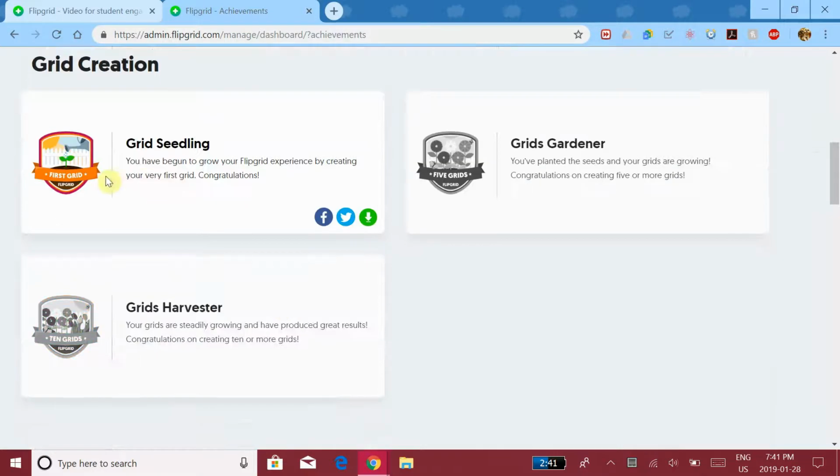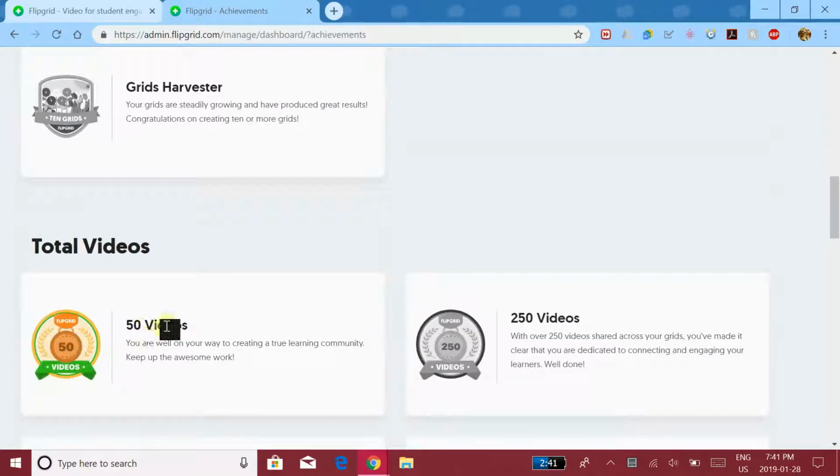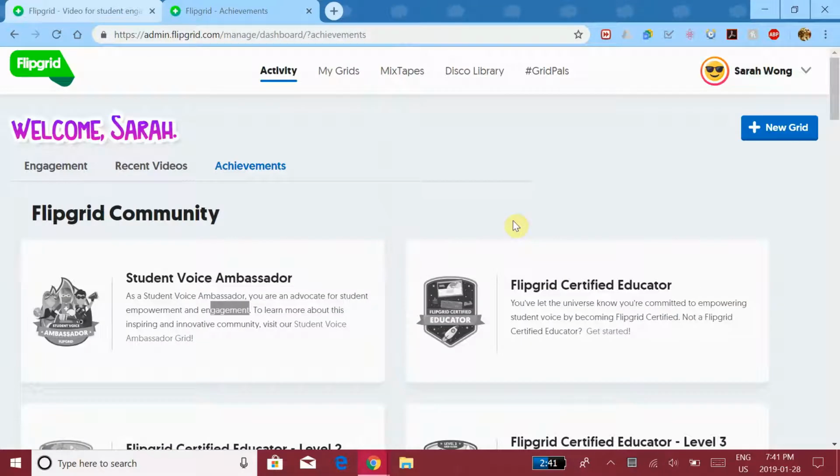It's like creating a grid. I got this pin already, and then there are different pins that you could achieve, like having 50 videos and so on. So it's quite a fun interface. And so now what I want you to do for our activity is to first reply to the grid